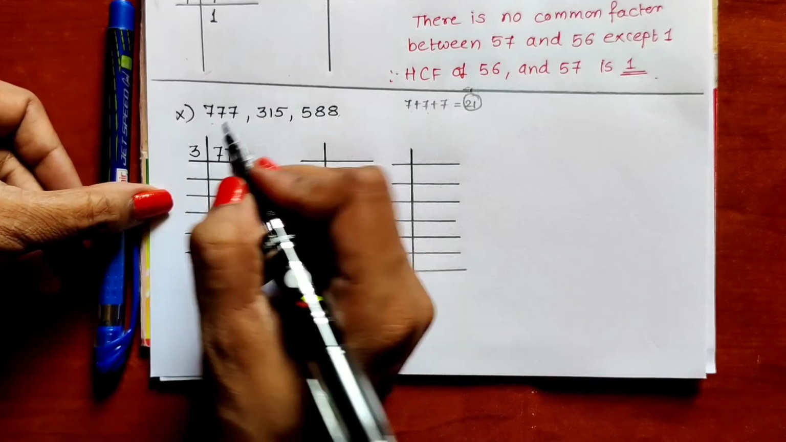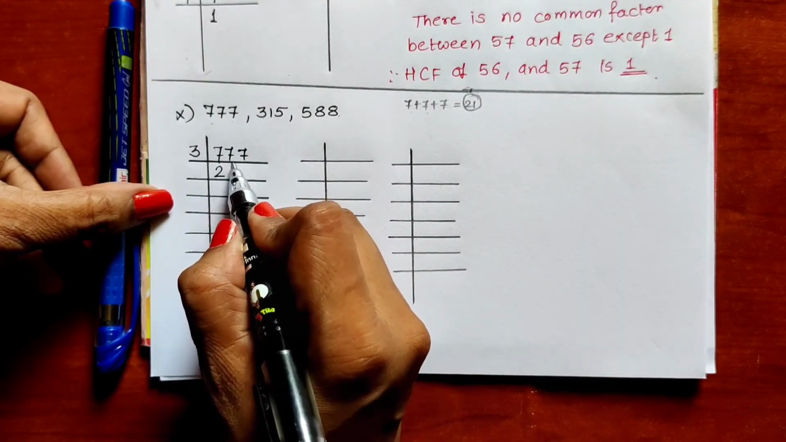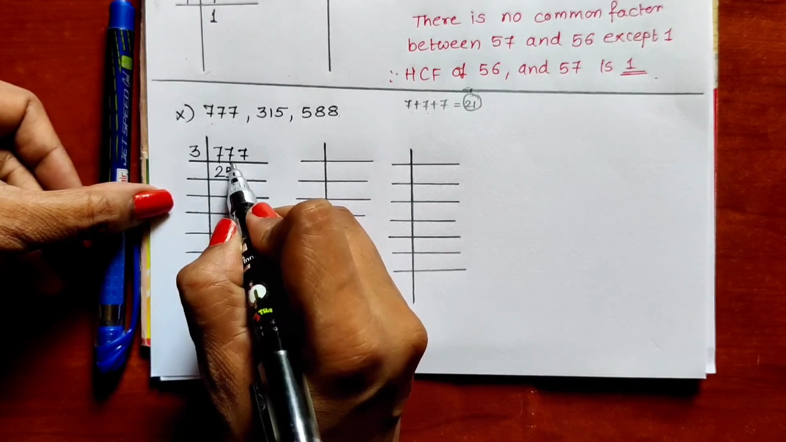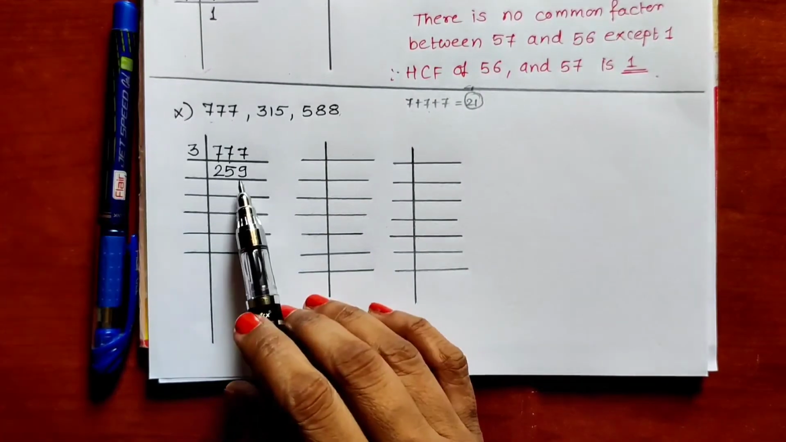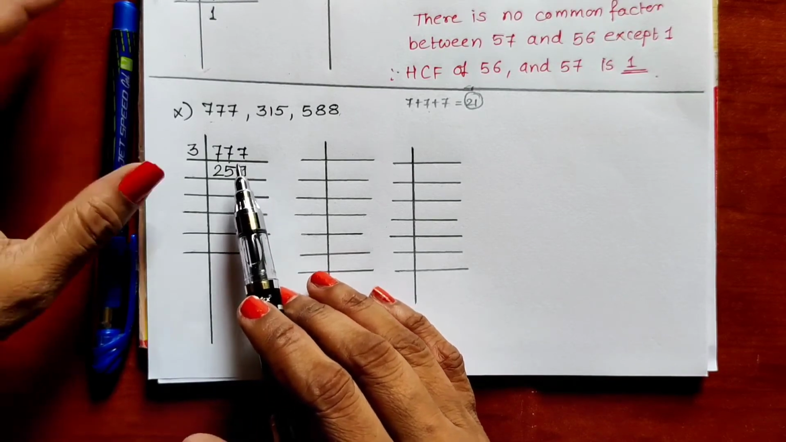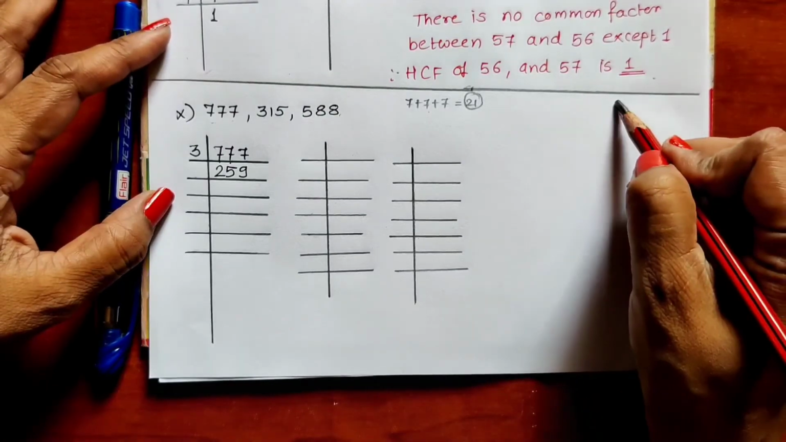So divide by 3. 3 2s are 6. 7 minus 6, 1 remaining. This 7 means 17. 3 5s are 15. 2 remaining. This 7 means 27. 3 9s are 27. Again 9 we have got in the unit place. If it is not possible for you all to do it orally, you can do like this: